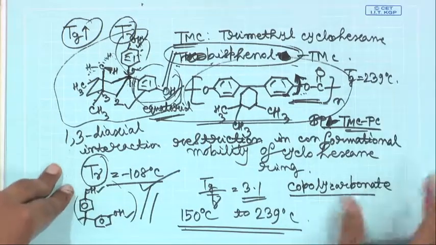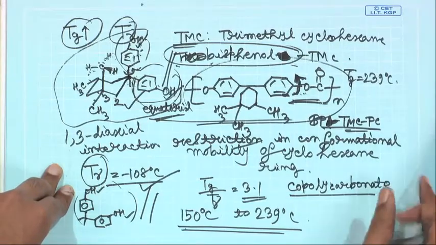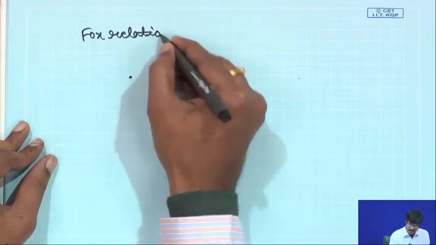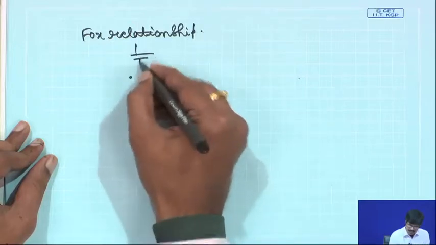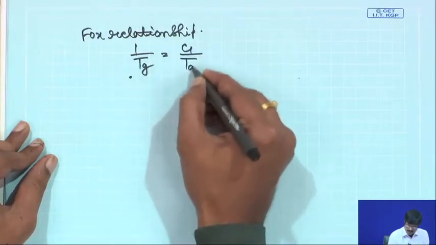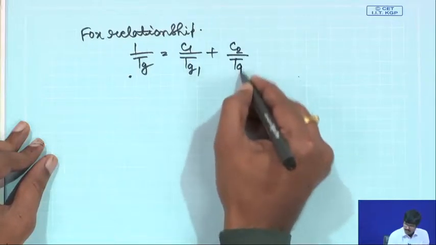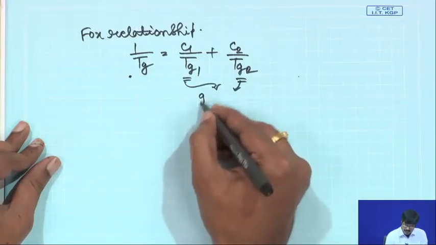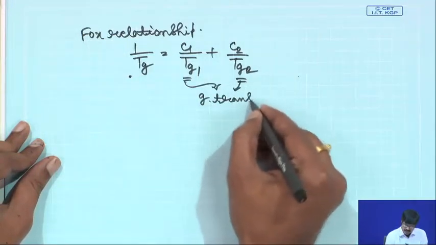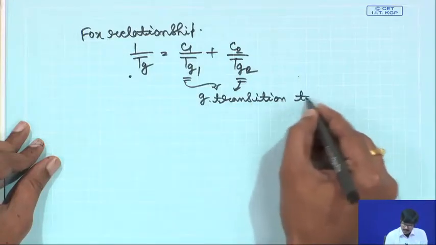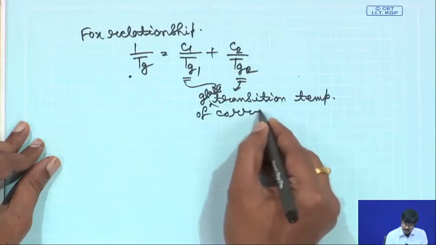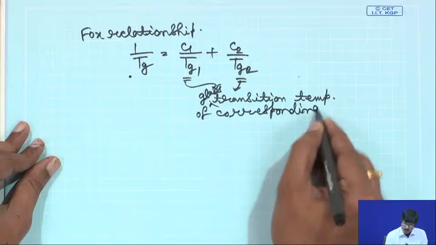So, in fact, the dependence of this glass transition temperature or Tg on the co-monomer ratio is reflected quite well in the empirical Fox relationship. The Fox relationship is this: 1 by Tg is equal to C1 by Tg1 plus C2 by Tg2, where Tg1 and Tg2 are the glass transition temperatures of the corresponding homopolycarbonates,